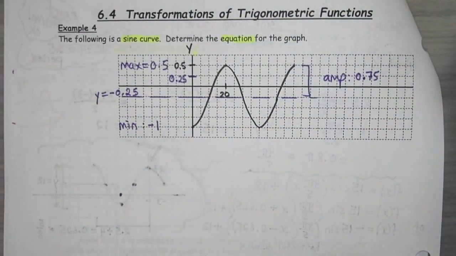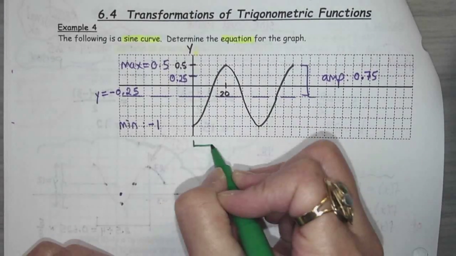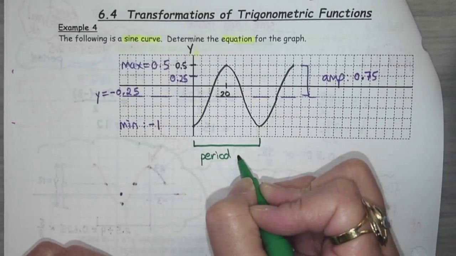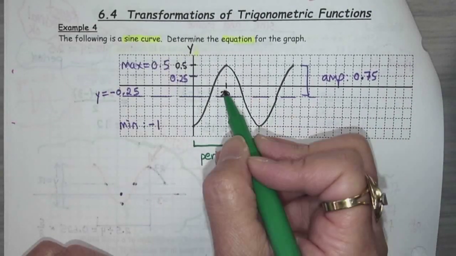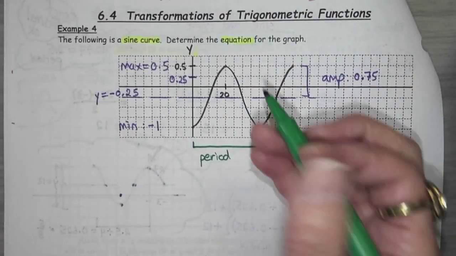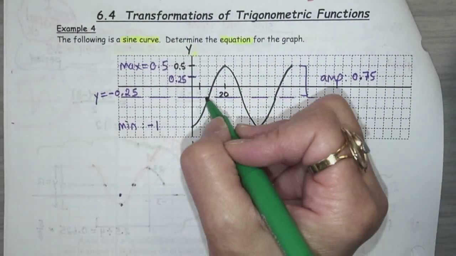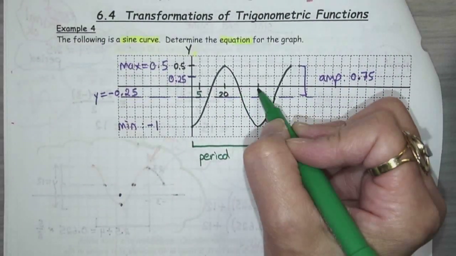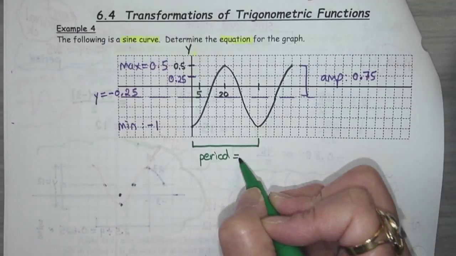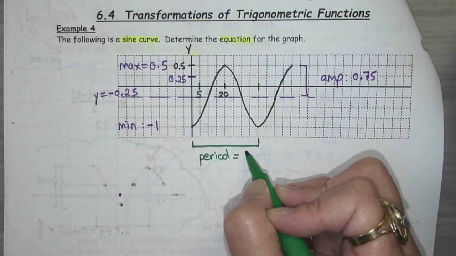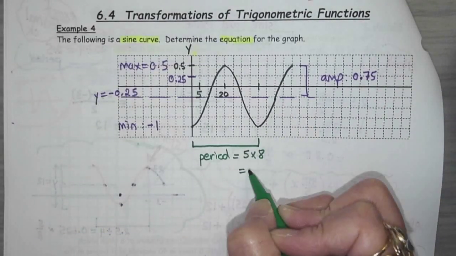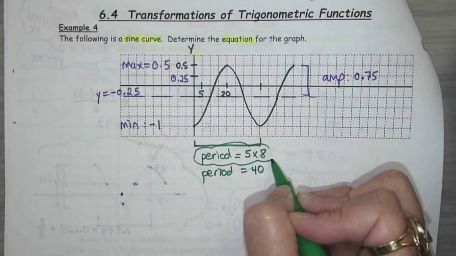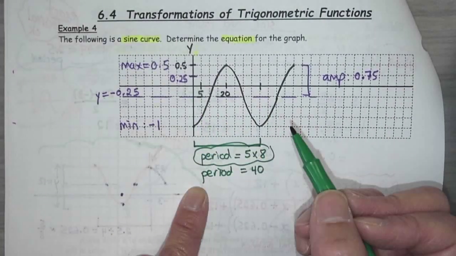I need the period. So the period for this, right, so the period is this long. If I know that every 4 squares is 20, every square is going to be 5, right? Every square is 5. So that would be over to here, that would be 40. So period equals 5 times 8 squares, so it's 40. You can just go straight to 40. But if you're wondering how I got that, my brain, I'm thinking 5 times the 8 squares wide, so it's